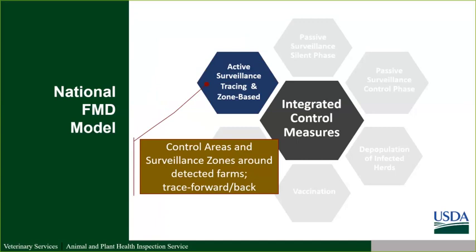So, within control areas, our surveillance plans call for testing a premises twice within the first 14 days of that control area being stood up, and then every 10 days after that for 56 days after the last detection in that area. And within surveillance zones that would be formed outside of the control area, they call for testing within the first 72 hours of detection and then testing every 10 days after that. So there's going to be a lot of repeat sampling of farms within an area that can really affect the resources available for you to be able to apply to other things such as vaccination or depopulation.